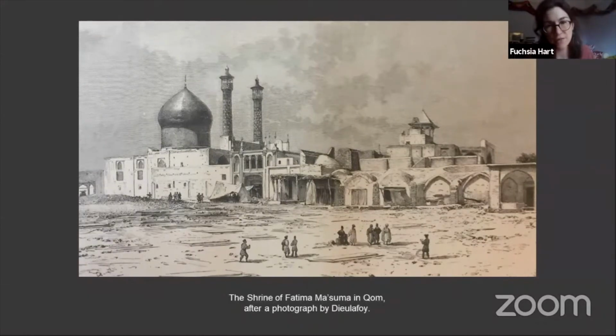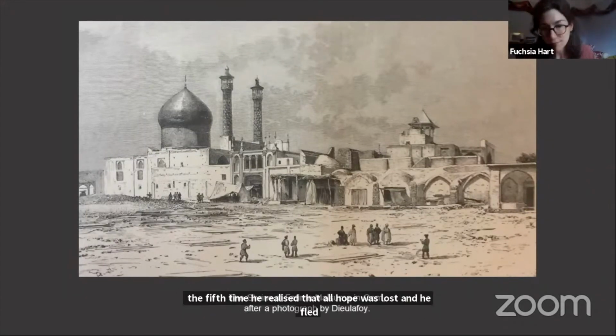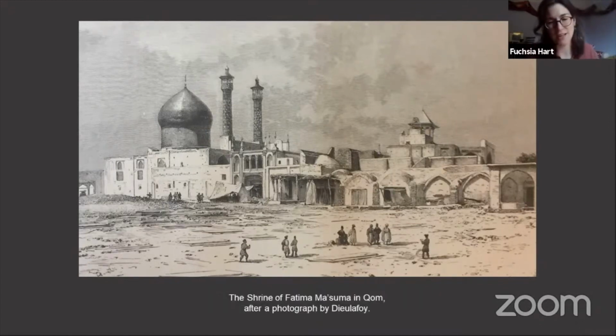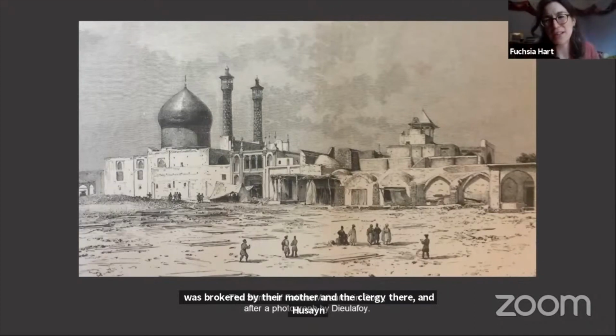and he took refuge in the shrine, presumably leaving his personal arms outside the shrine. And eventually a peace was brokered by their mother and the ulama, the clergy there, and Hussein Quli Khan continued living in Qom until he caused trouble again, and eventually Fath Ali Shah blinded him. But that's another part of the story. The part that's important for us today